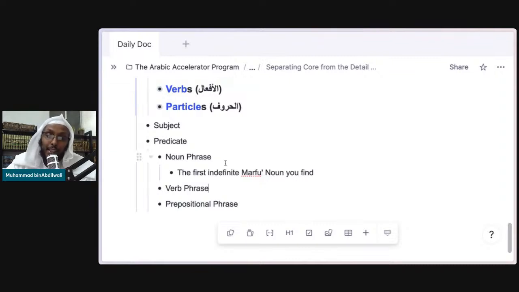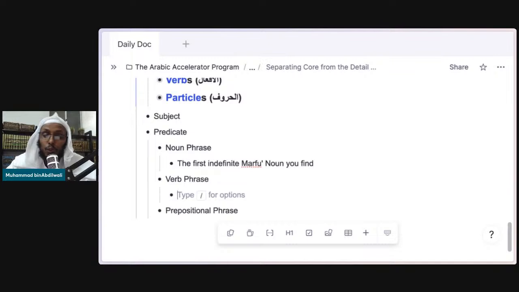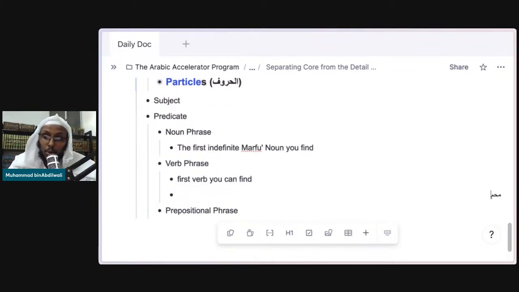If you don't find this, then it's definitely going to be followed by a verb, which means the verb is the khabar. The first verb you can find in the sentence is going to be the khabar. So if the verb comes before the noun, then you know that it's the khabar. But if a noun comes before the verb, then the noun is the khabar, as long as that noun is marfu'. I say that because if you have, for example, Muhammadun,